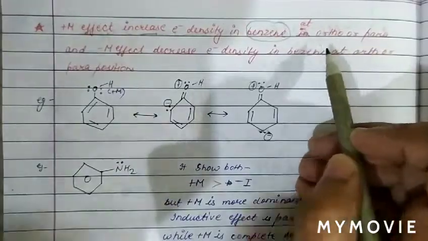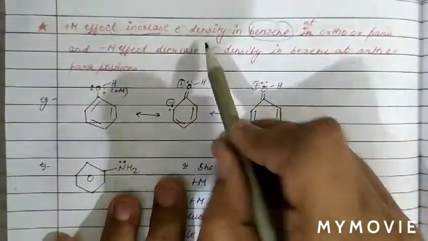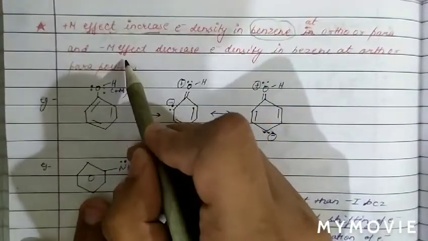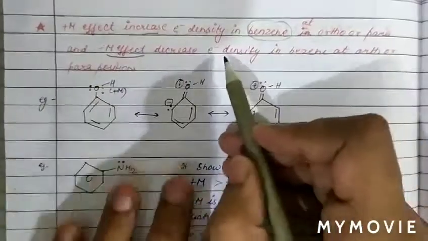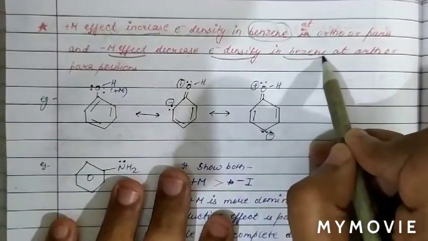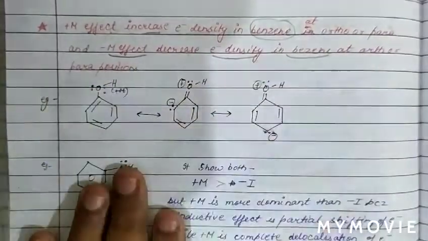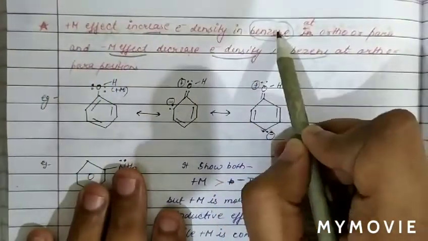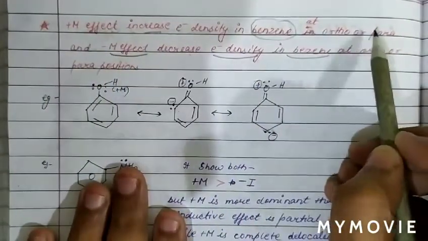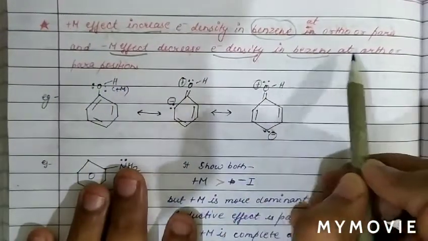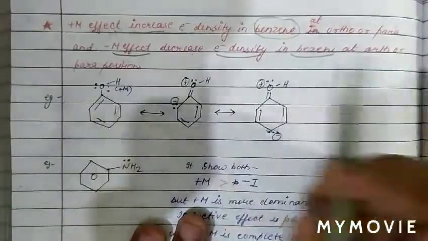So basically plus M effect increases electron density in the benzene ring at ortho and para position, while the minus M effect decreases electron density in the benzene ring at ortho and para position. So plus M effect increases electron density in benzene at ortho and para, and minus M effect decreases electron density in benzene at ortho and para. Now we can see that